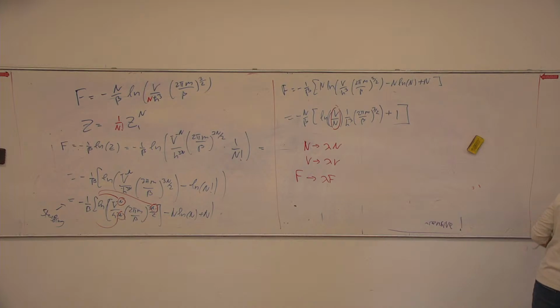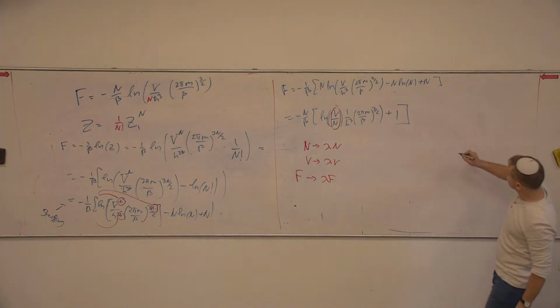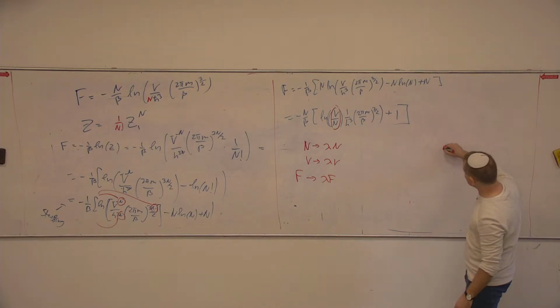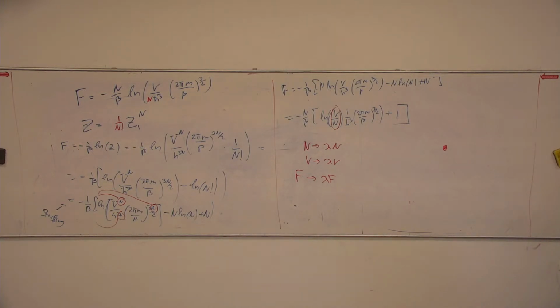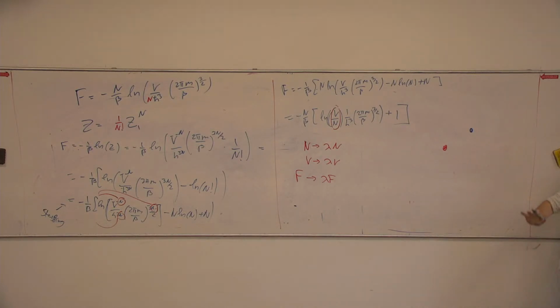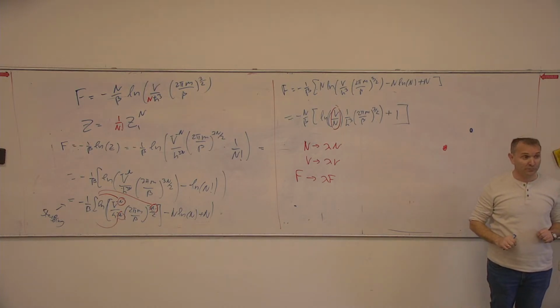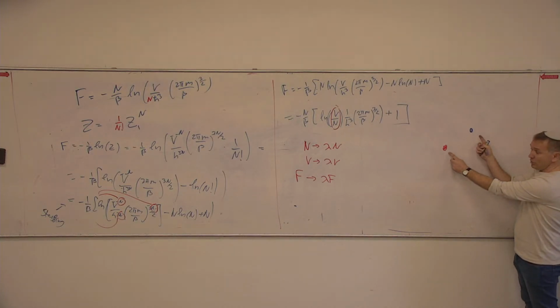So what do I mean by identical particles? Let's assume that we have a red particle and a blue particle. The positions of those two particles are a state of the system. Now, if I switch them,